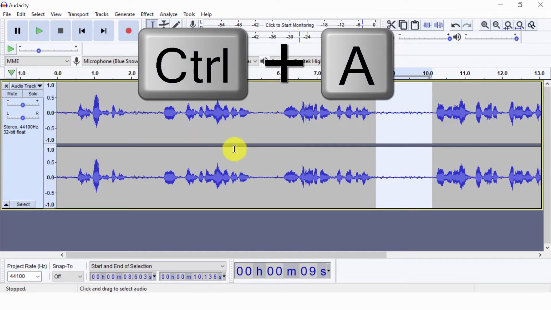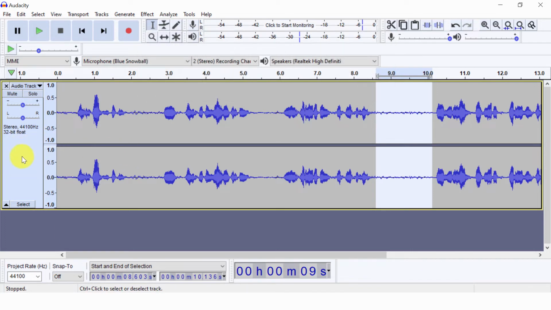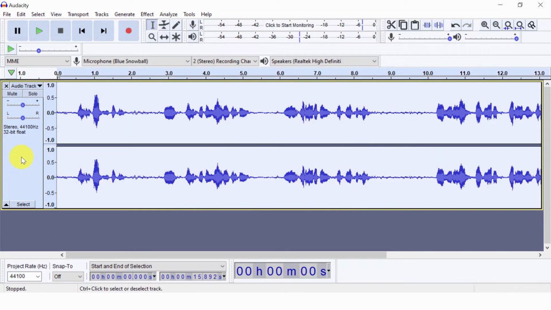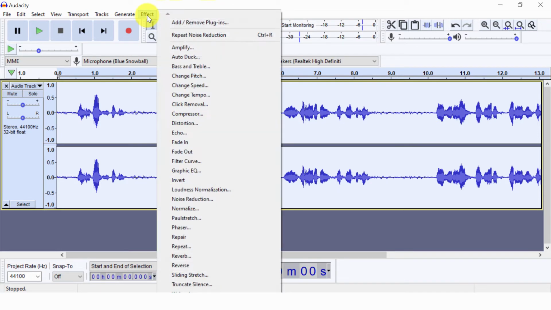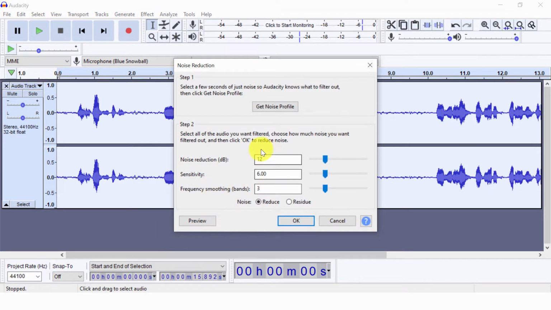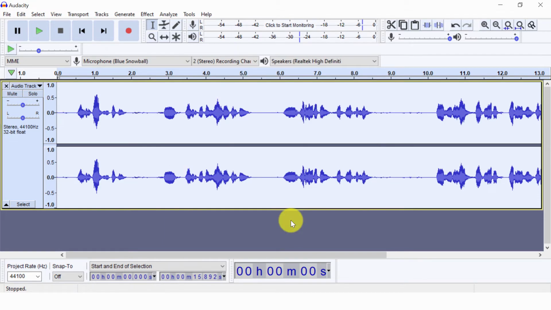For that you can do Ctrl A or just click outside this, in the gray area, and the entire audio is selected. Then go to effect, again go to noise reduction, and whatever the setting is there, leave it as it is and click OK.